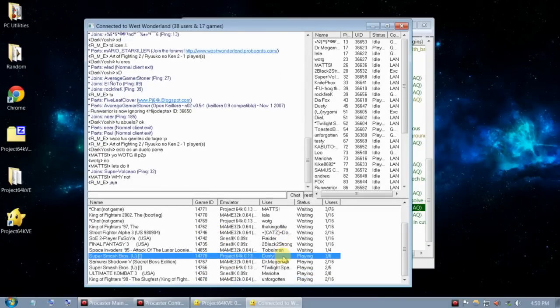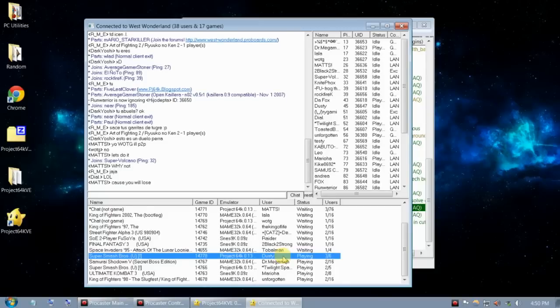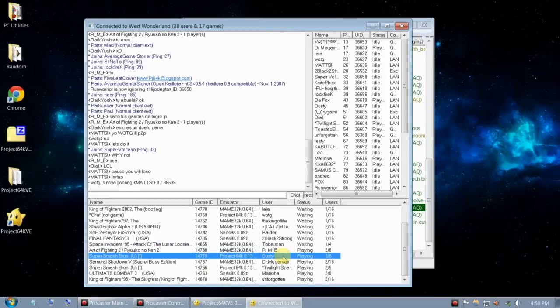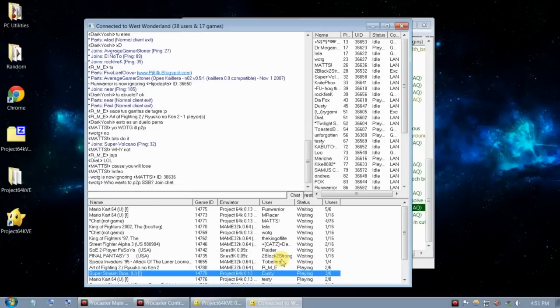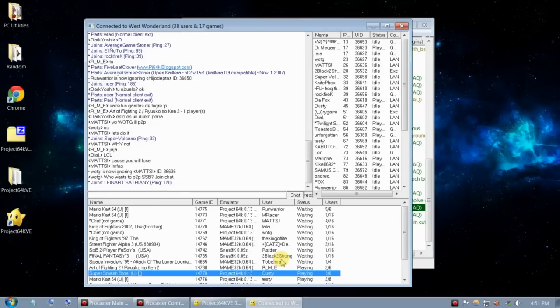You cannot join games which are being played right now unless... No, you just can't. Don't worry about it. The only exception is if you're an admin or moderator. Don't worry about that. So,